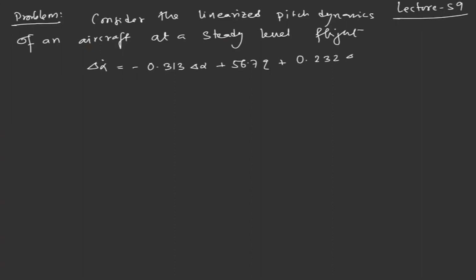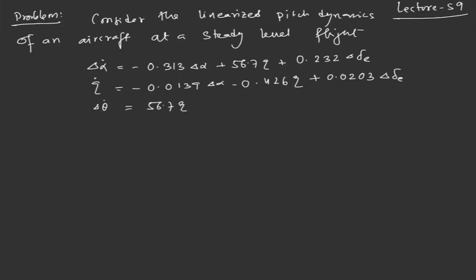delta E, and Q dot equal to minus 0.0139 delta alpha minus 0.426 Q. In place of Q also you can write delta Q, but here we are writing Q only, plus 0.0203 delta E, and delta theta dot equal to